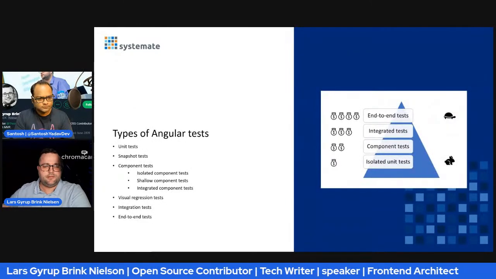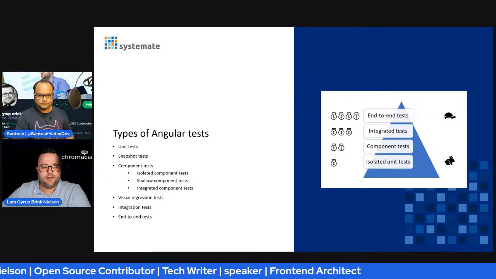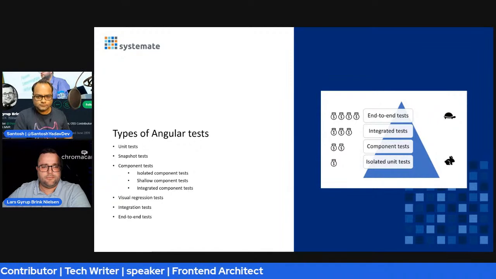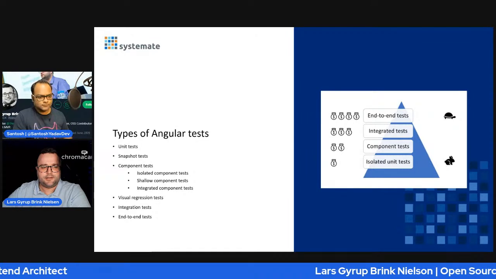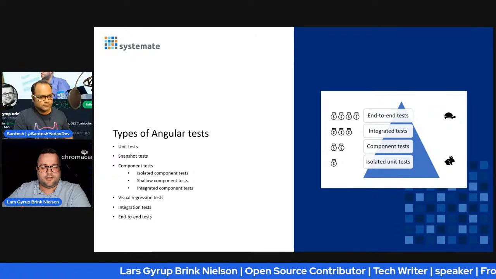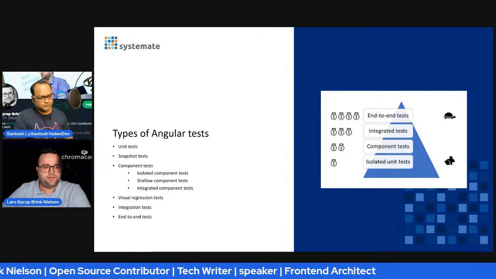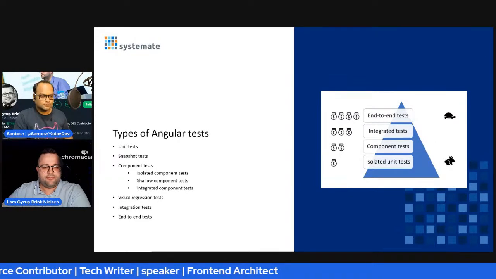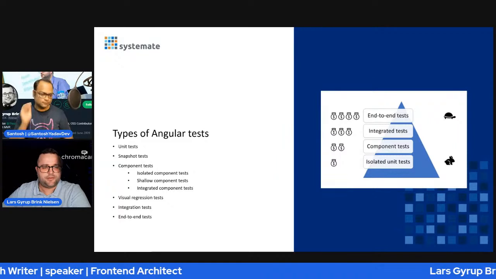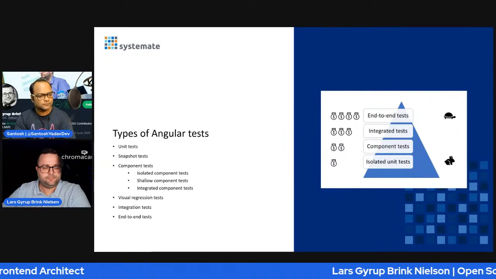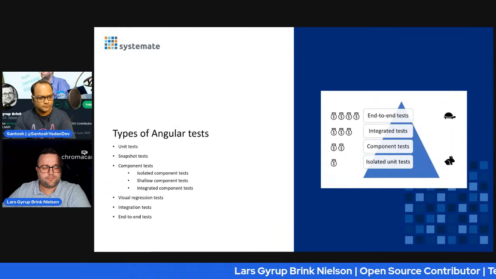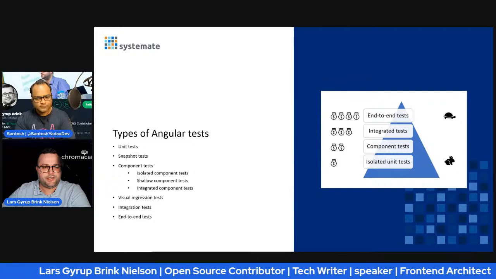So first, let's look at the types of Angular tests. We have unit tests. We also have what's called snapshot tests. It takes a serialized state and saves it, and the next time you run the test, it compares that state. It could be the DOM output, like the HTML produced by your component. It could save that in a file, and Jest, for example, has it built in, but there are also other libraries with that capability. It'll compare your DOM structure, the HTML, the next time you run the test, and if something changed,